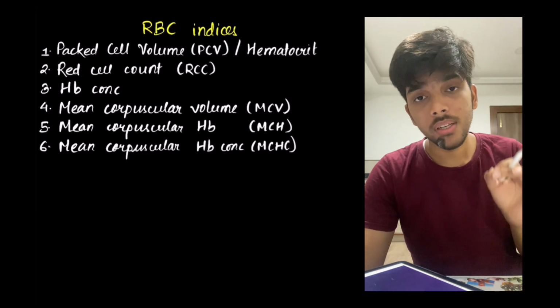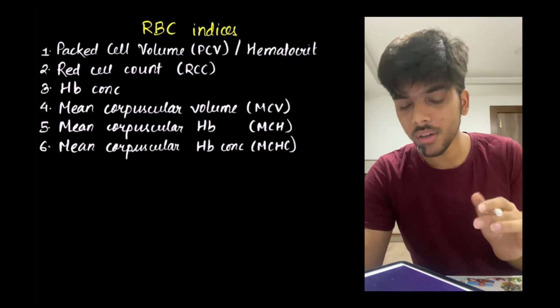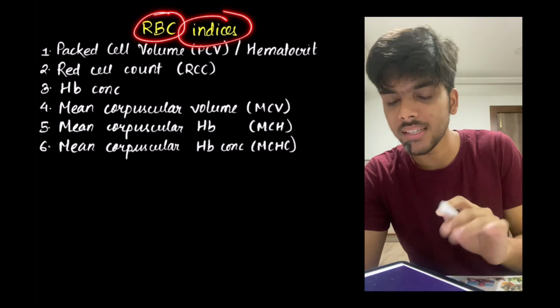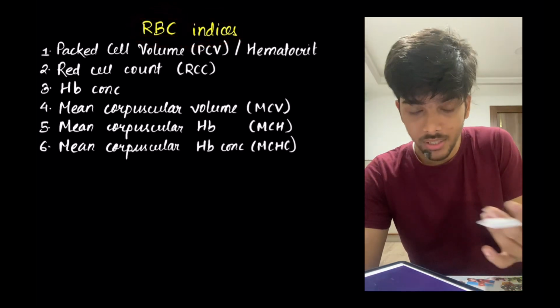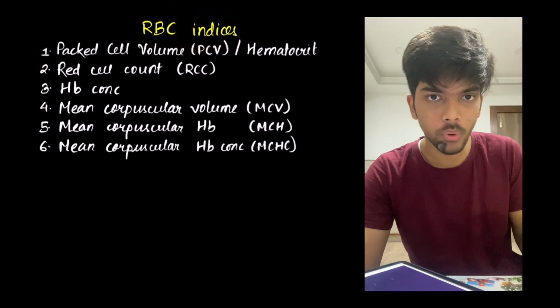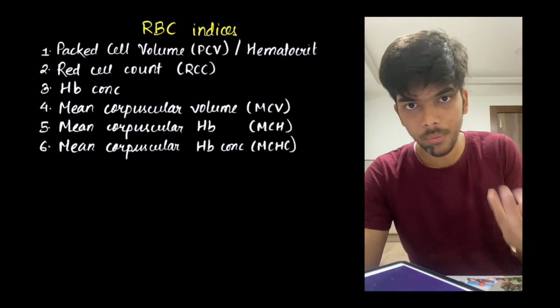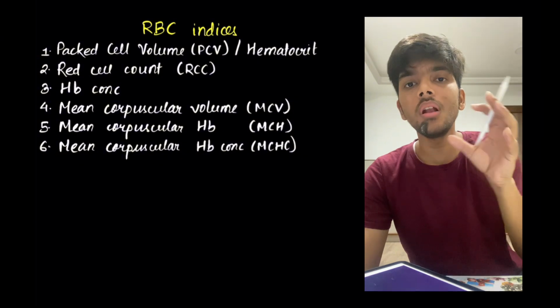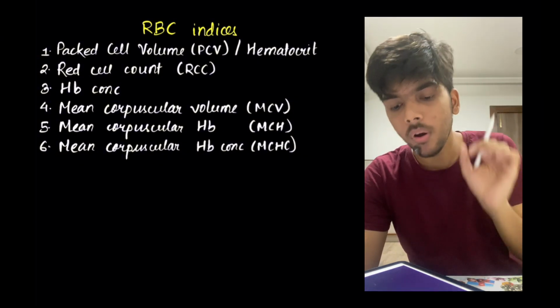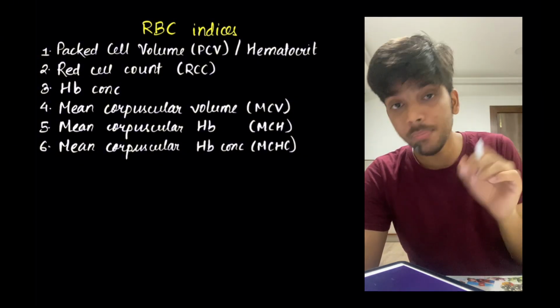Before getting into the various types of anemia, we need to understand the RBC indices. RBC is your red blood cell and indices is nothing but the plural of index. So these refer to the various features related to RBC. For example, the total volume of RBC present in your blood, or the total number of RBC present in your